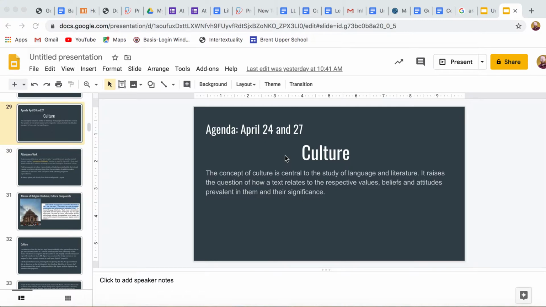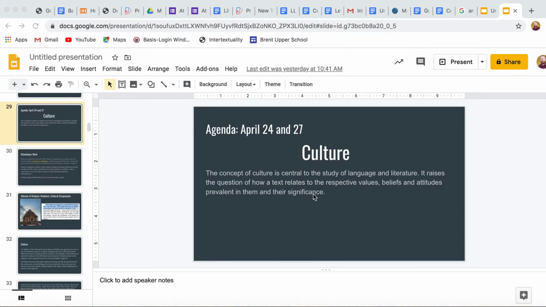So today we're going to be talking about culture. I believe this is our fourth concept for this course. How did we get here? My goodness, it's going by quickly. Okay, so let's talk a little bit about culture and what that entails. The concept of culture is central to the study of language and literature. It raises the question of how a text relates to the respective values, beliefs, and attitudes prevalent in them and